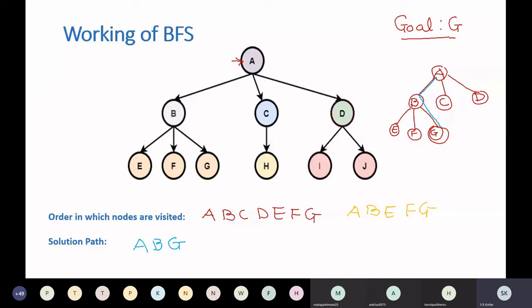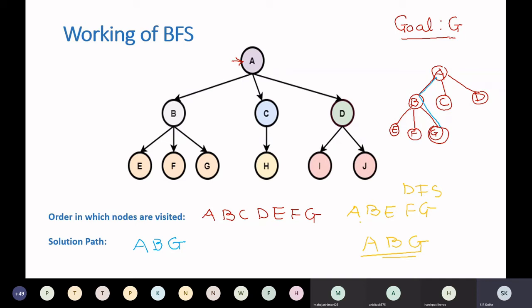And the solution path in case of DFS? Same, A, B, G. The same solution path the algorithm will return, but the time required to return the solution will be different in case of BFS and in case of DFS.